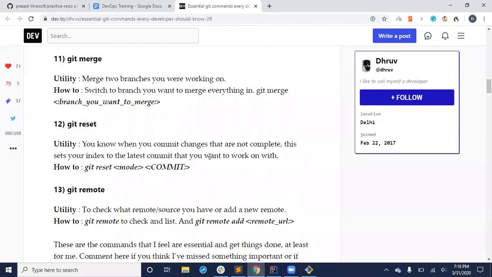Git stash. Now we'll come to git merge a bit later, git reset. So basically reset is when you don't want to take your latest changes, you just want to uncheck them or whatever. Let me do git reset.